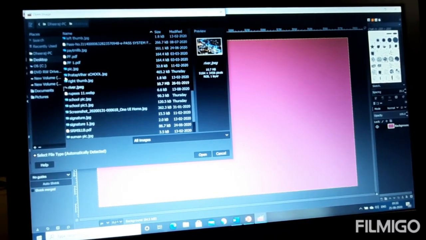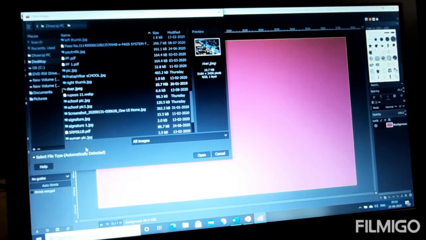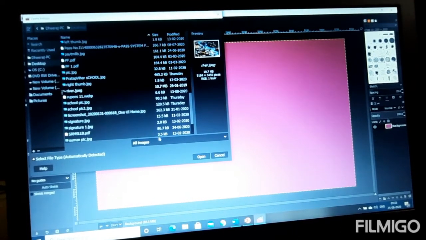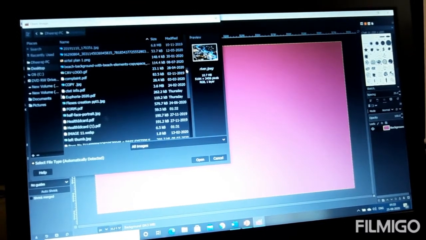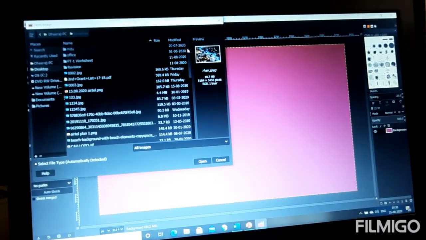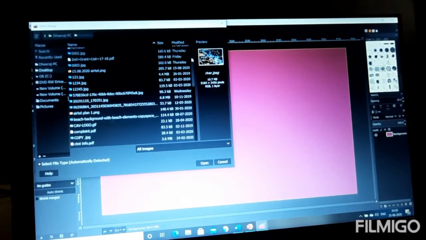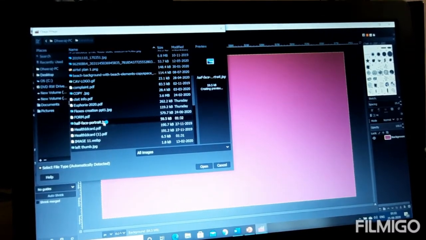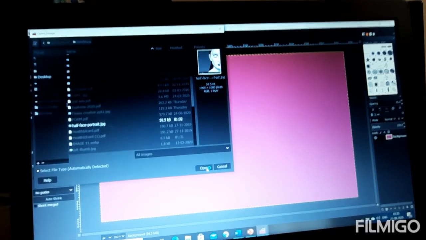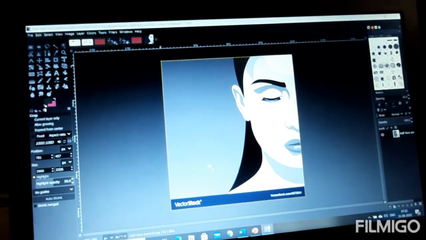I have some images on desktop, a half face girl. Okay, from here I'm trying to choose some image. See, I've selected. So this is the image.